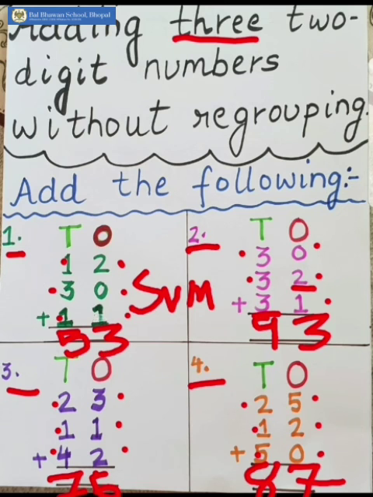So children, I hope you have understood the method of addition, of adding 3 two-digit numbers, and I hope you have learned the method. So this way only you have to add the 3 two-digit numbers given in the question. So आई होप कि आपको बहुत अच्छे से क्लियर हो गया है कि आपको कैसे ये सम फाइंड आउट करना है, कैसे ये एडिशन करनी है. और you can always take some more numbers for practice, and thank you.